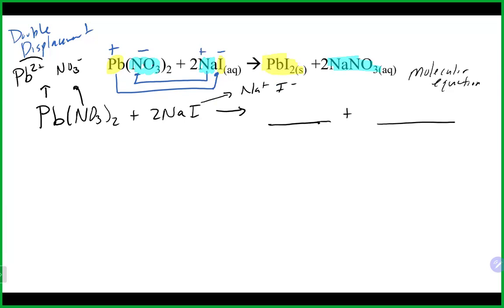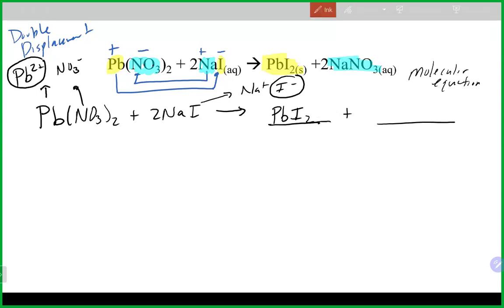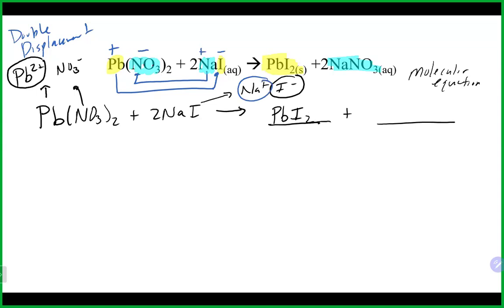So we know that the lead here will end up with the I minus. And just like you do with nomenclature, we want the charges to equal 0. So that would give us our proper formula here of PbI2, as we would need 2 I minuses to balance out the +2 charge. And the same thing happens when we take our sodium, which is a +1 charge, and it comes together with our nitrate that is a -1 charge. And that will give us our proper formula here of